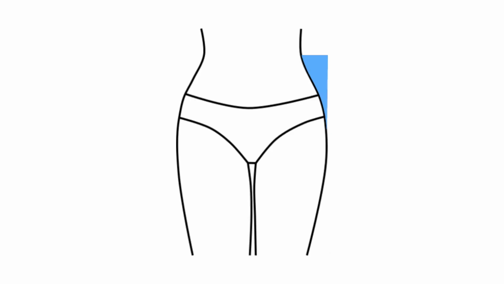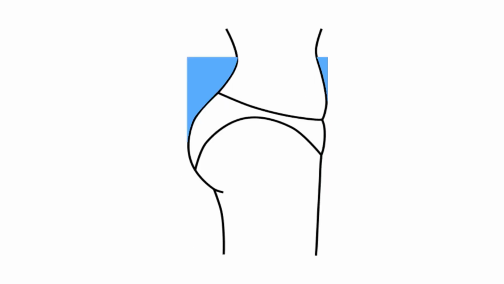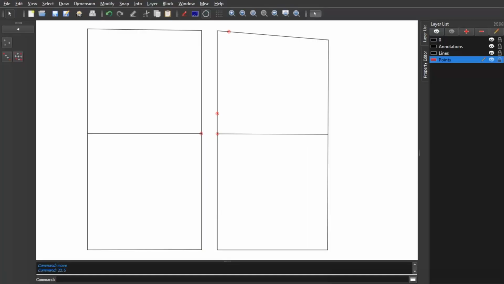Now, to measure the dart lengths, place a ruler vertically against the side, like that. The shaded area is the fabric that needs to be pinched out. Measure from the waist to the point where the vertical ruler touches the side. Follow the same process for the back dart on the bum and the front dart on the belly. Mark the side seam dart length and connect it to the point at the waist with a curve.